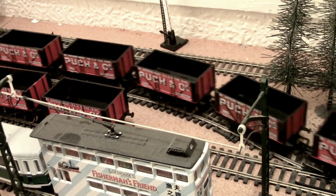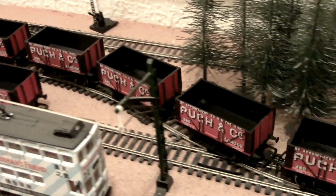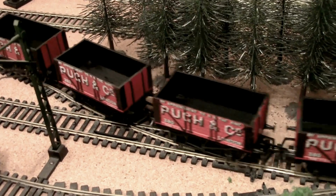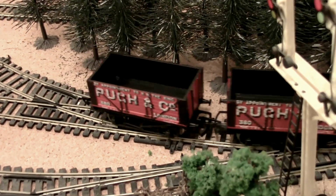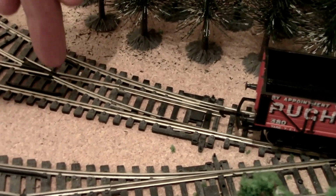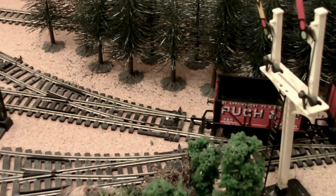Now, I have featured some of these wagons before in a previous video, but I think I only featured about 10 or maybe 12 of them. In actual fact, I actually have 38 of them, and they are all out now on the layout. So we stop there at this point again, so change that so we can go back and get a few more. Let's do this